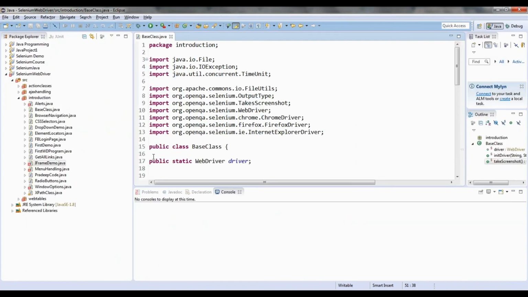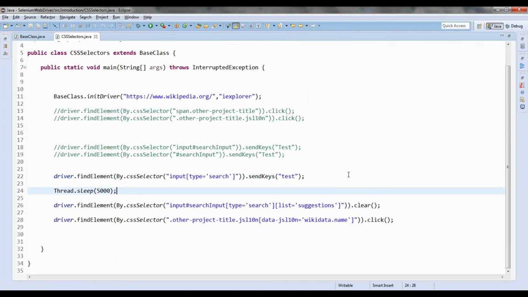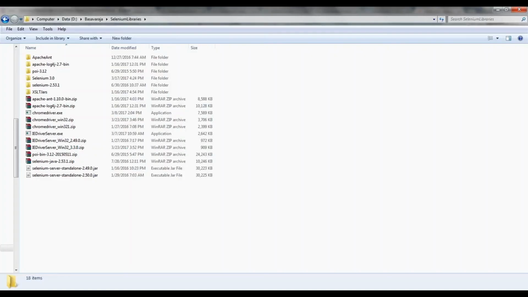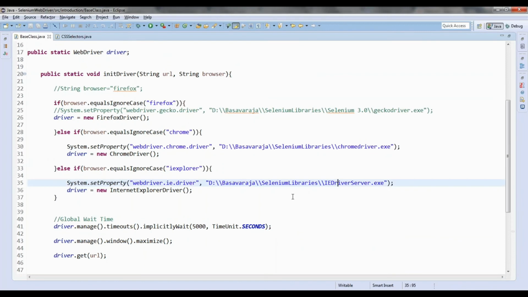So what I'm going to do in my CSS selector test, once I put that sleep, before the sleep I will call takeScreenshot, that is BaseClass.takeScreenshot. So it should take the screenshot and then put that file in this particular directory, the Selenium libraries directory, which we have specified here.